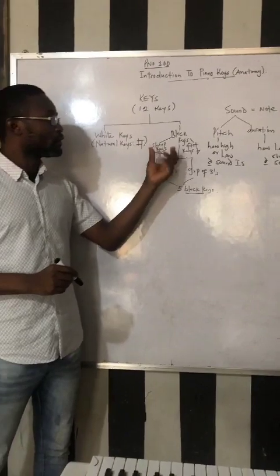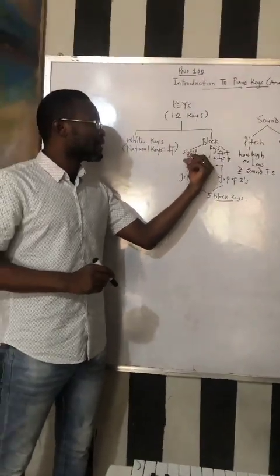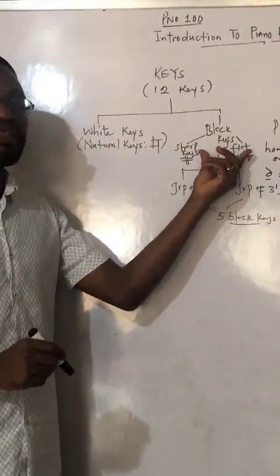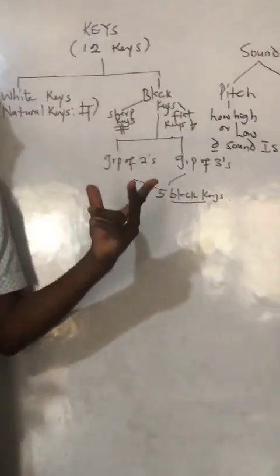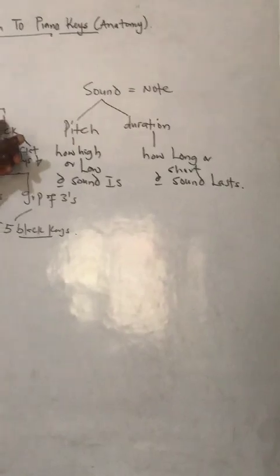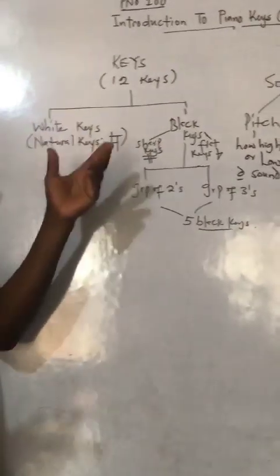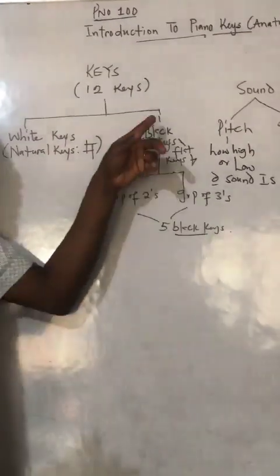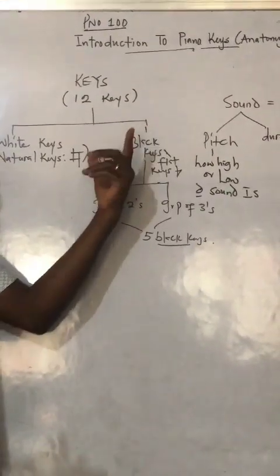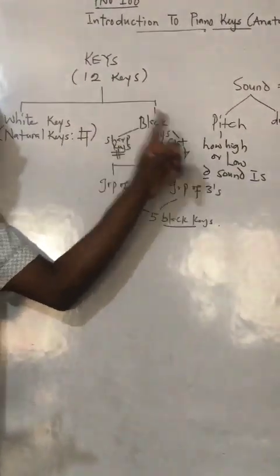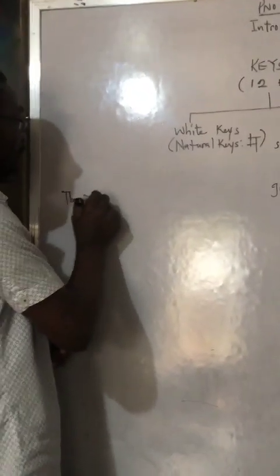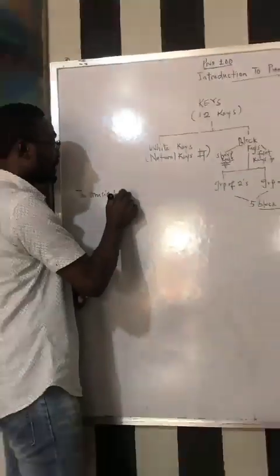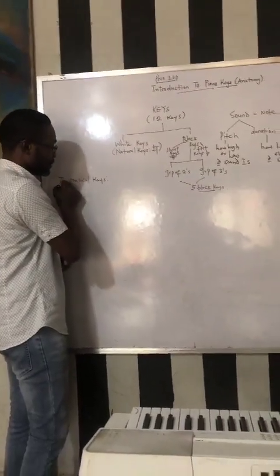Just like you could note here, black keys having sharp and flat means that sharp and flat are sort of 2 different names expressing one particular type or color of keys. It means that a particular black key is going to bear a sharp and at the same time bear a flat name as well. Now, the musical keys in music are named from the 7 letters of the English alphabet,